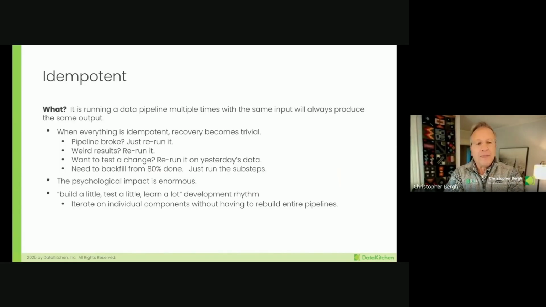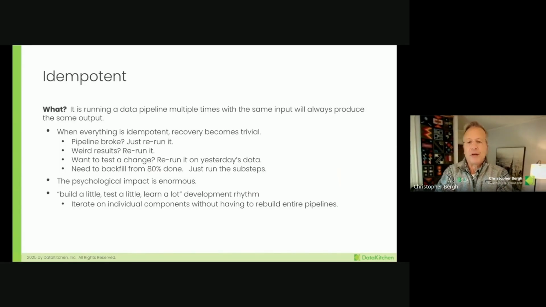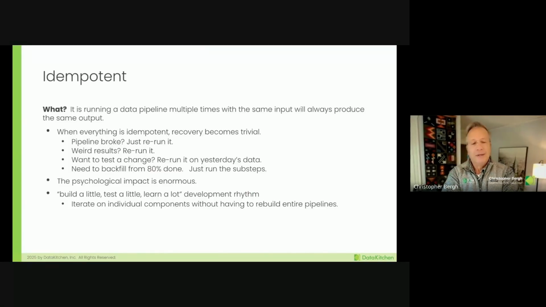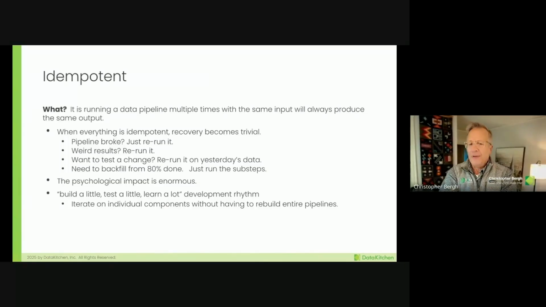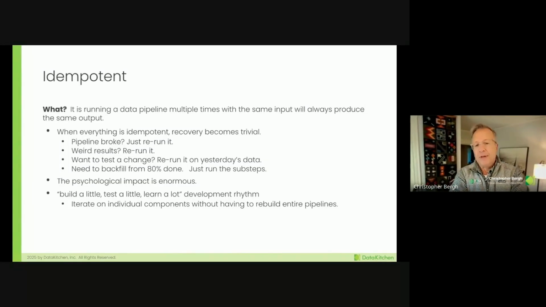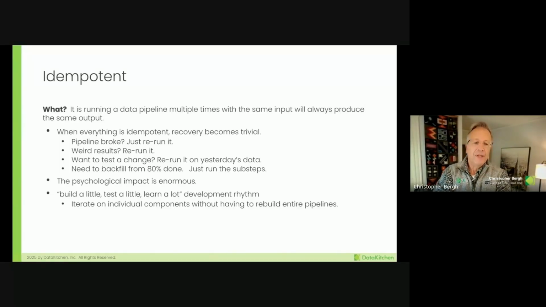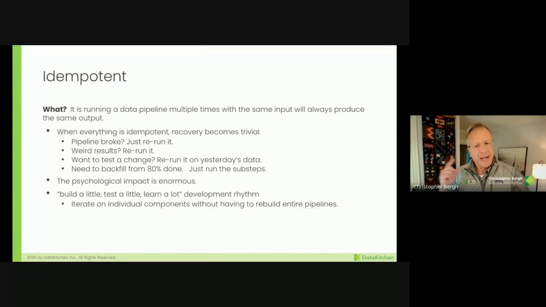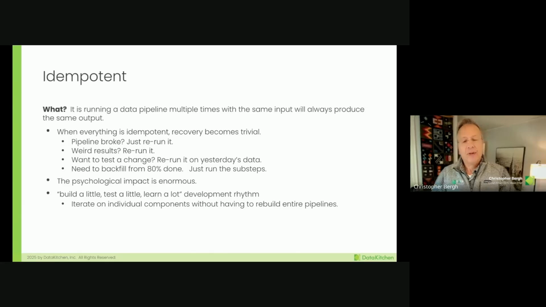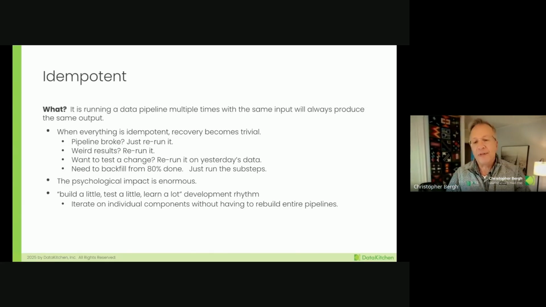But when you run things that are idempotent, your recovery becomes trivial, right? If the pipeline broke, well, you can just rerun it. If you get weird results, you can rerun it. If you want to try a new feature, just rerun it, perhaps on yesterday's data. You need to backfill, well, just rerun it. And so that psychological impact of being able to rerun things is really important from a development standpoint and a